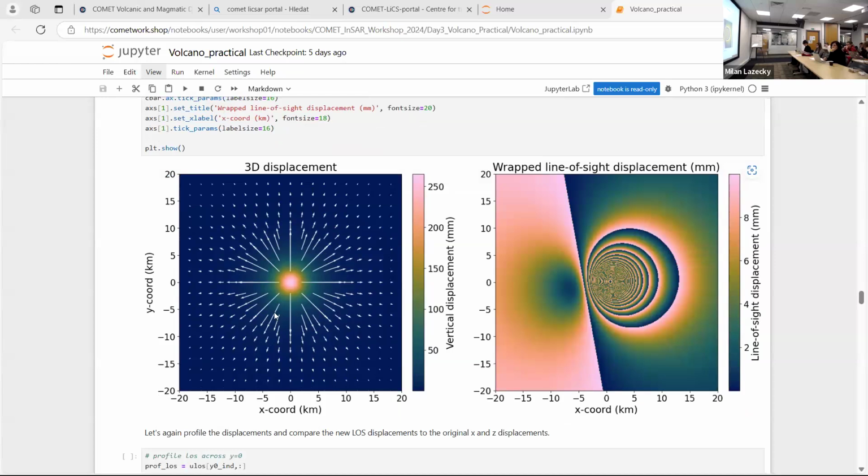We're no longer just looking at our simple model where the ground's moving outwards in every direction. We're now looking at whether the ground's moving towards or away from the satellite. So just because the ground's moving away from the satellite doesn't mean it's subsiding, which can be hard to get your head around. Or not so hard, if it depends. Yeah.